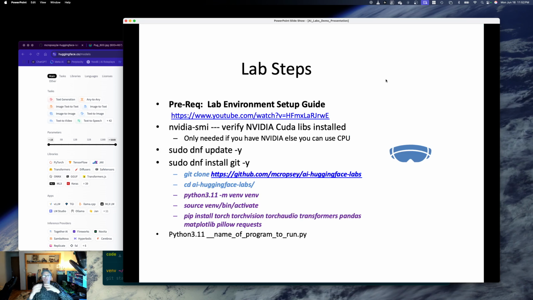Now, the steps we're going to do, again, I'm going to use the lab environment that we set up last week. I'm going to just verify my NVIDIA still sees the 4070 Ti card. I'm going to update my system, install Git so that I can grab the programs that I have at my GitHub site. I'm going to create my virtual environment, activate it, install the additional libraries, transformers, and some other libraries that I'm going to need for my programs as well. Then I'm going to run the programs, do a little bit of explaining it. But again, this is just to get fast set up